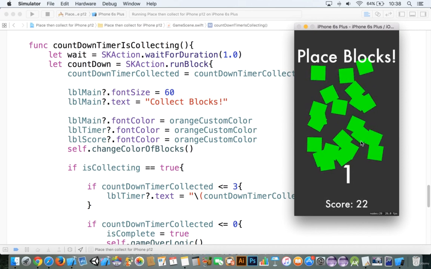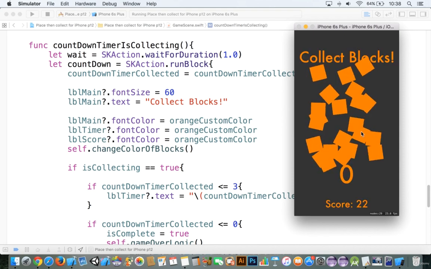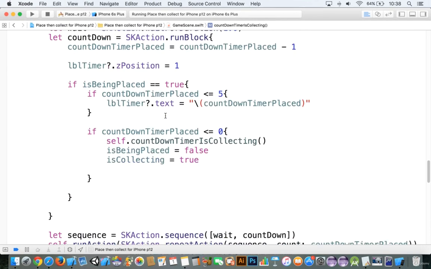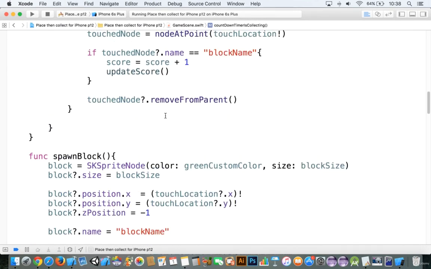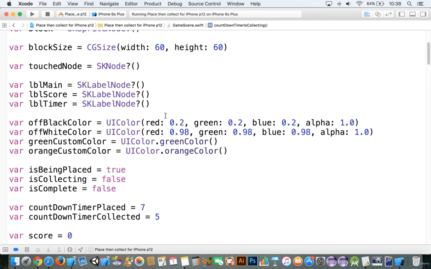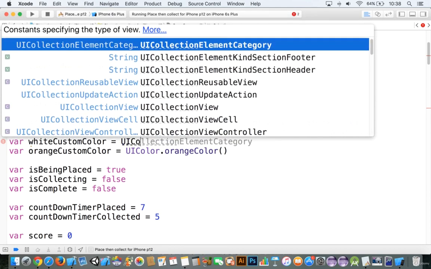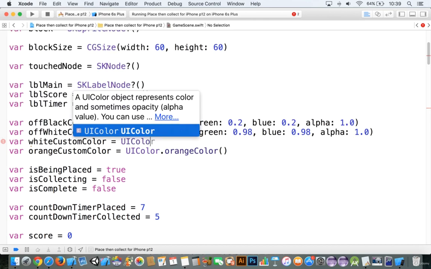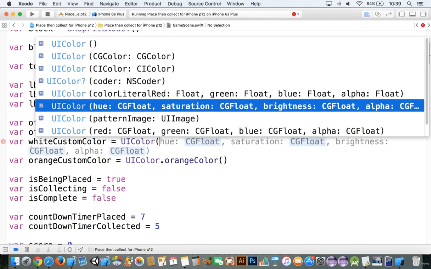Place blocks 3, 2, 1, 0, and then there we go. And that actually looks pretty good. I think it looks actually quite a bit neat here. Now instead of using the green color, we could use just simply a white color. So let's go up to the top and instead of green custom color, we'll call this white custom color, and we'll make that equal to UI color, okay, UI color, and we'll make it an RGBA value,